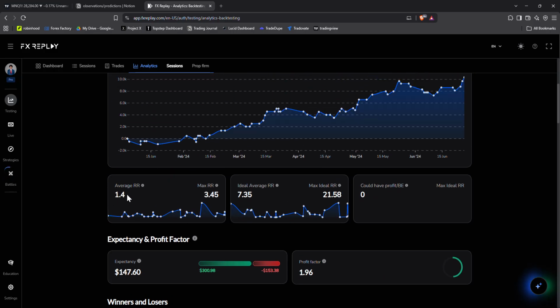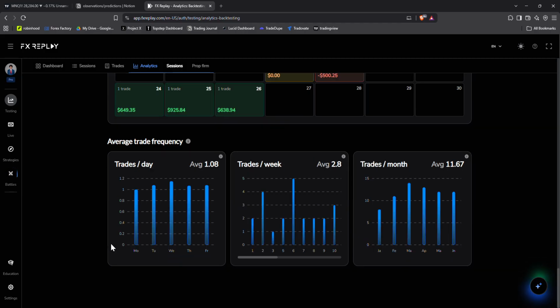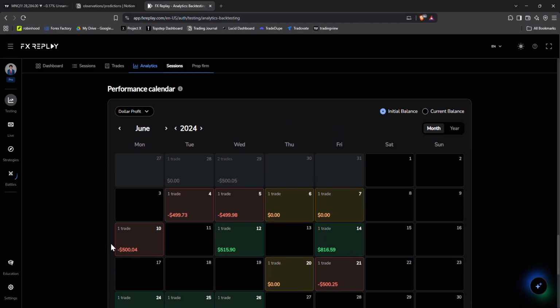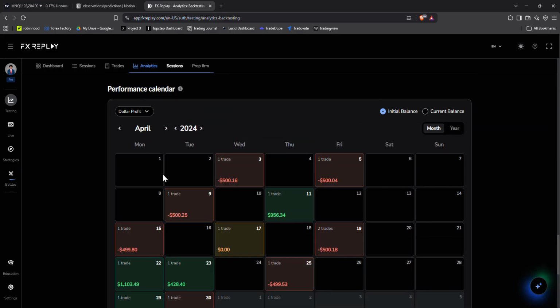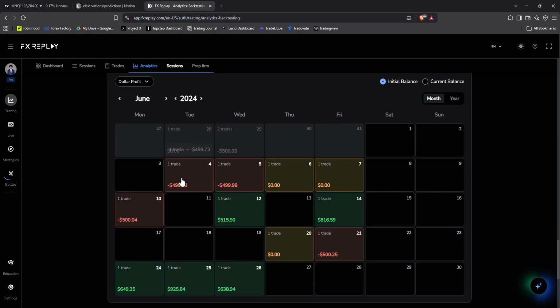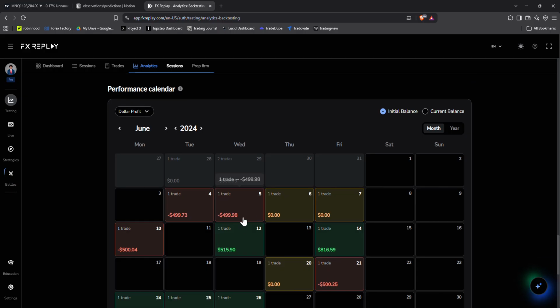If I want to sit in the 60% win rate, I need my R to be higher. Average R is like 1.4. This needs to be higher because I'm up 10 racks. Like, how much am I up this month? Just looking at this month. Last month was mid. April, I was getting beat up, I'm not gonna lie.